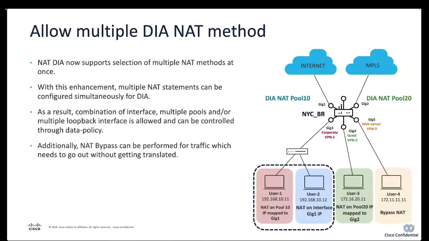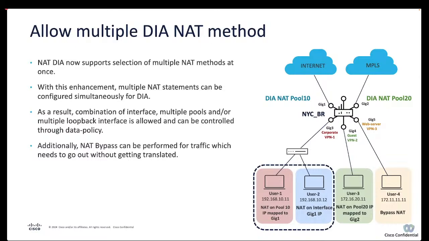All right, so next we have the multiple DIA NAT method supported with this release. As you all know, our current SD-WAN solution does support NAT DIA, which is direct internet access, which allows the branch side to route the internet or cloud application based traffic directly from the branch side to the internet, rather than backhauling that traffic to the data center or the hub location. So this basically allows the branch user to access the cloud-based application or the cloud service provider directly from the branch side if that branch has the internet as a transport, without having to use up the unnecessary